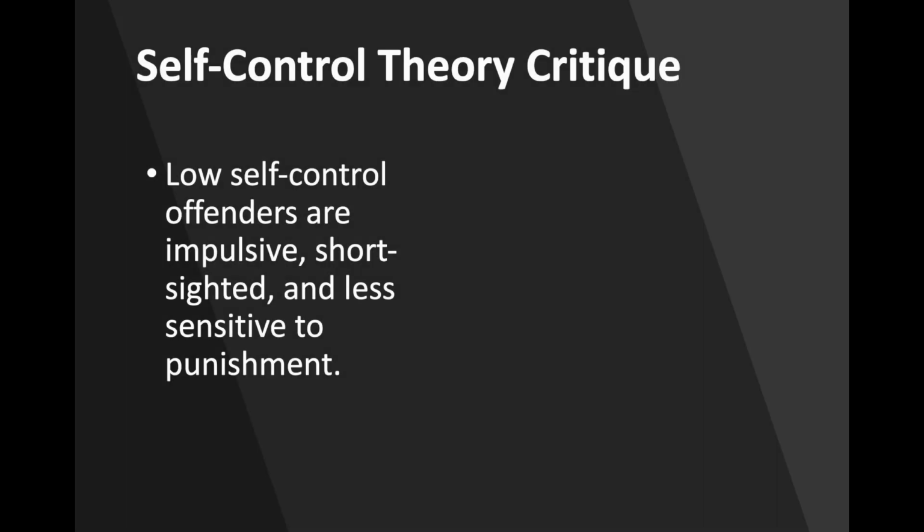Now, self-control theory, developed by Gottfredson and Hirschi in A General Theory of Crime, published in 1990, argues that crime is primarily driven by low self-control rather than rational calculation. According to self-control theory, individuals with low self-control tend to be impulsive, risk-seeking, short-sighted, self-centered, and insensitive to long-term consequences. Now, this creates a major challenge for deterrence assumptions. If offenders are highly impulsive and focused on immediate gratification, then future punishment threats may have relatively little influence on their behavior. In other words, individuals with low self-control may heavily discount future consequences, and this becomes especially important for crimes involving intoxication, emotional reactions, or immediate rewards.